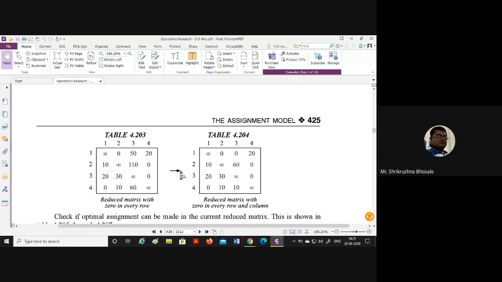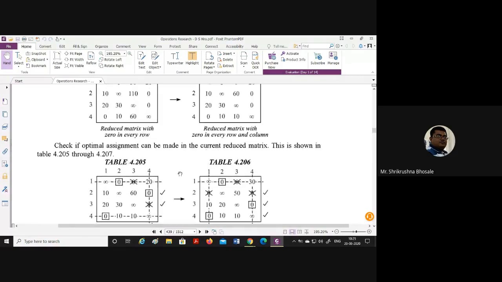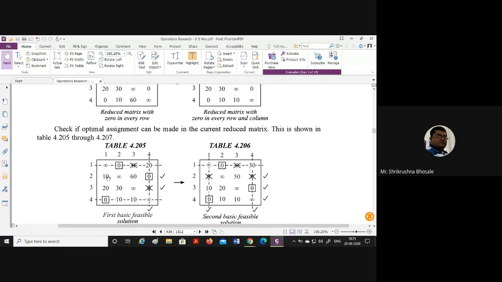Once you got this table, then we go our regular way, whatever our Hungarian method is, we are following that. So first, look here. From city 1, the salesman will travel to city 2. Once this 0 is allocated, the other 0 will get cancelled. Then from city 2, he will travel to city 4. So this 0 is allocated. Other zeros in that column and row get cancelled. For the third city, he will not visit, and for the fourth city, he will come back.